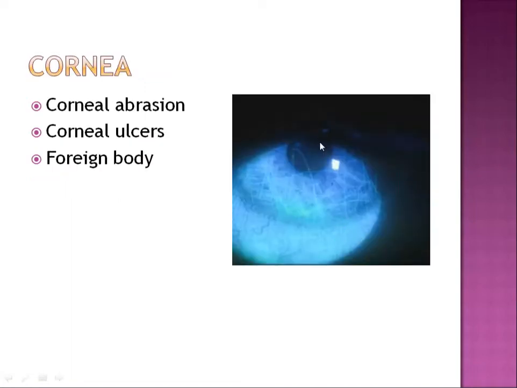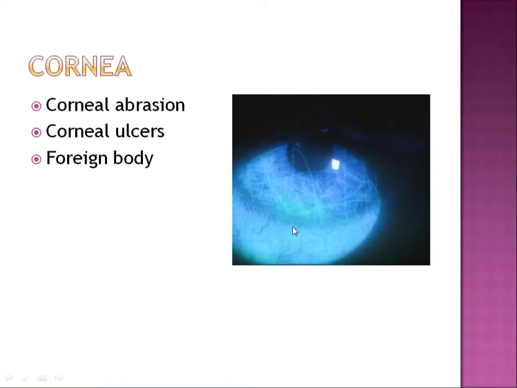So now here you see a lesion wherein you are seeing multiple scratches on the cornea. These scratches on the cornea are nothing but abrasion on the cornea. Usually these kinds of scratches are caused by the presence of any foreign body. When you're seeing this particular picture on examining the patient, you have to check the lids. You have to invert the lid and see if there is any foreign body lodged in the subtarsal conjunctiva or not. Because when the patient is closing his eyes, that particular foreign body will rub the cornea and will cause this type of clinical picture.